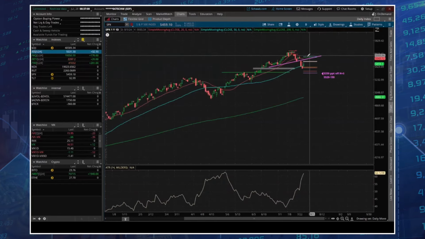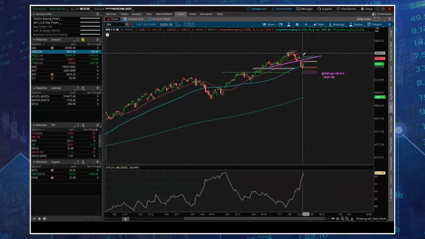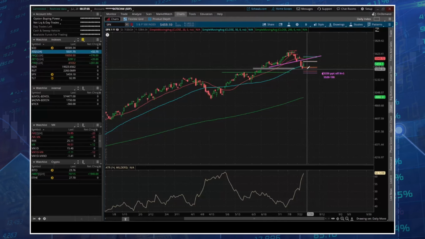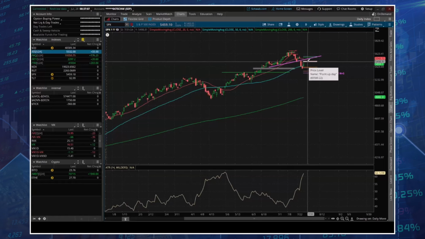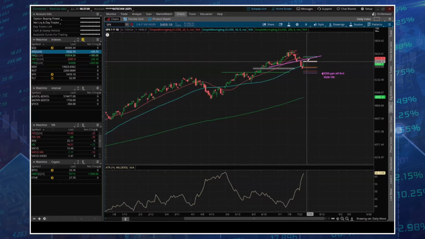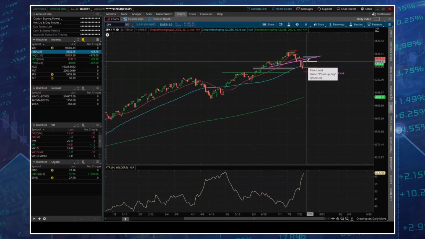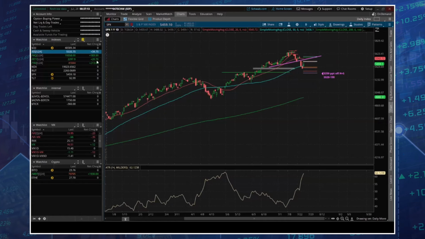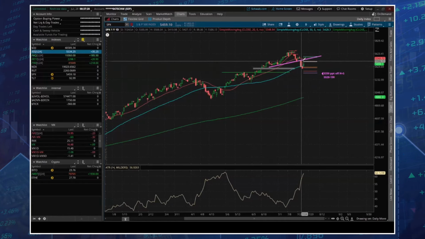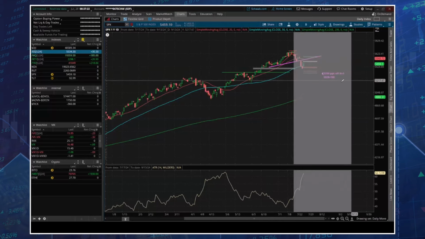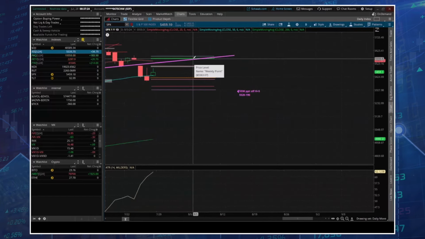So these are the expected levels. The weekly levels are the wider levels. The daily levels are the shorter levels. Again, we can certainly exceed these levels, but this is what the implied volatility market is pricing in as of end of day Friday. And then we have two lines, the expected levels. One of these is point-based.